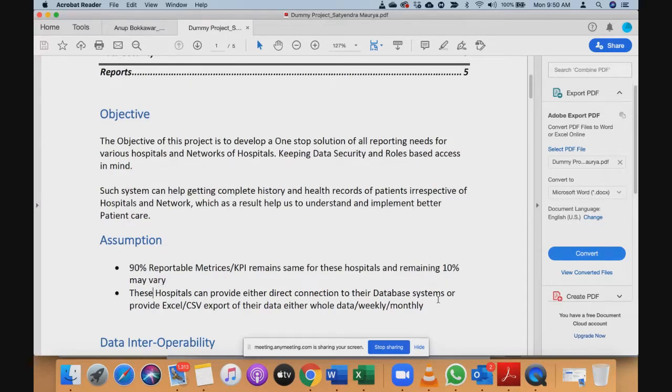To develop a one-stop solution for all reporting needs for hospitals, patients,